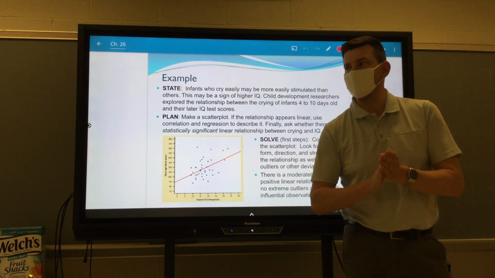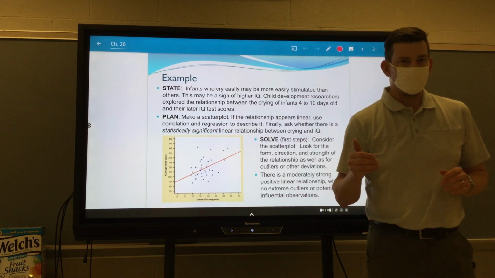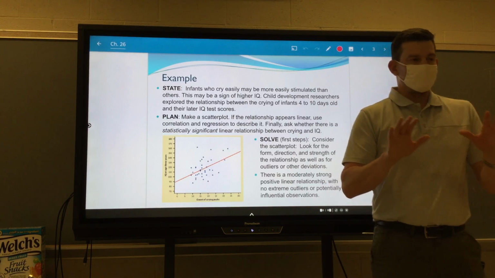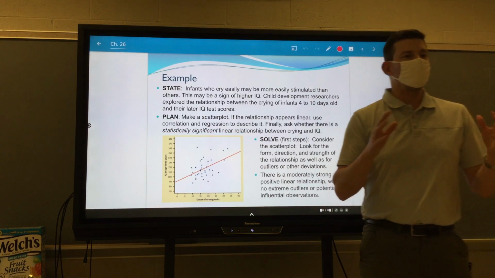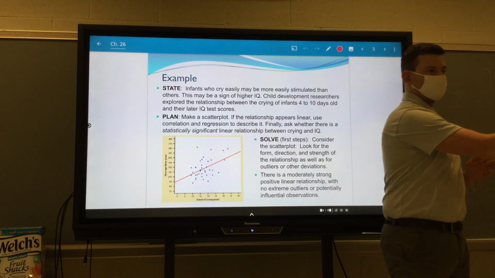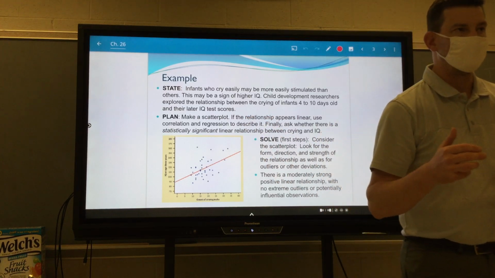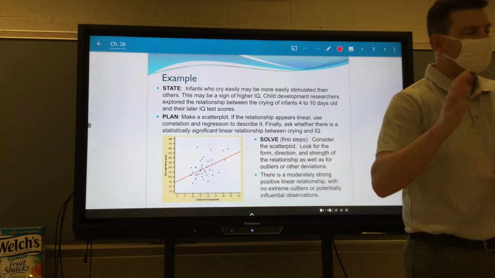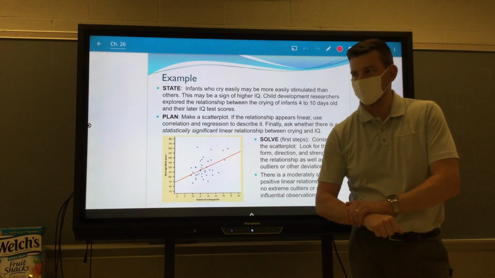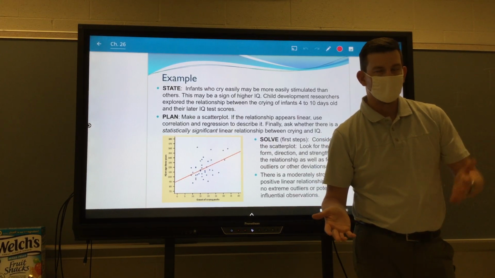IQ is thought of as a constant measure throughout your lifetime. Barring a major catastrophic brain injury, you essentially have the same IQ throughout your life. There's nothing you can really do to raise your IQ. And again, with a brain injury aside, there's nothing you can do to lower your IQ. So